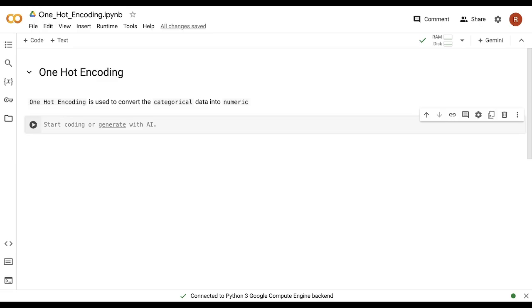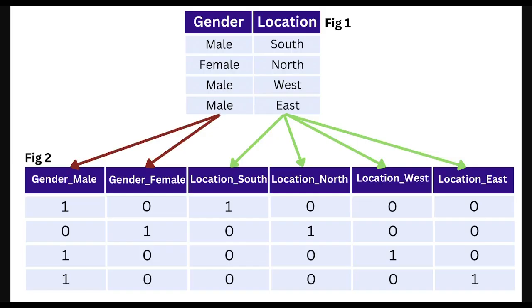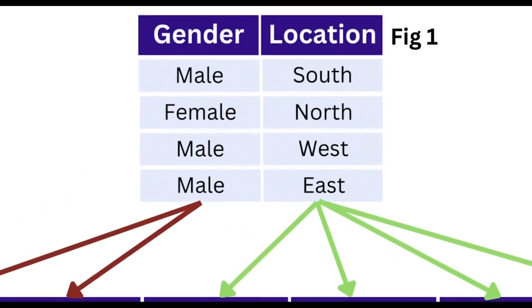So let me take you to this image and let me zoom in on figure 1. In this figure 1, you can see that you have two categorical columns. The first one is gender and the second one is location. In the first column, you have two unique values, male and female, whereas in the second column, you have four distinct values, or we can say four unique values, namely north, south,